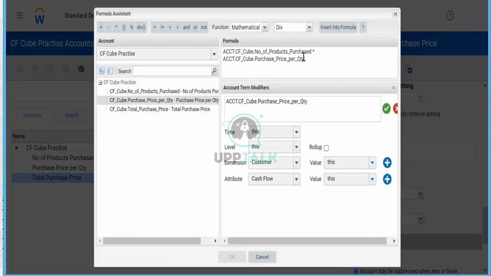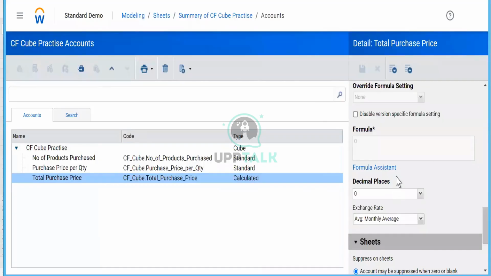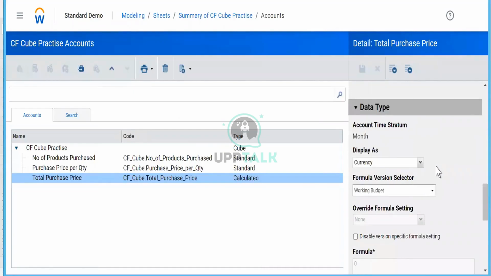Can you read the syntax? It is act dot, which is the normal syntax of an account. It is addressing the account name here, the prefix of the sheet here, and which account. It is basically one account into another account, and you just click on it. But at the moment, it's not allowing me to save. Also, it's because of this.